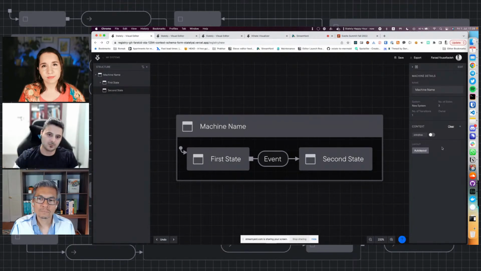We're working on supporting arrays and objects, and maybe have a little rich text editor there to be able to format your keys and values, or get some sort of basic syntax highlighting to just make your life a little easier to interact with objects and arrays. And as the scope of the MVP, not only do we want to create and update the context object, but we also should be able to add assignments to the machine in the canvas area. And we're working with the design team to find a good experience to visually deal with the assignment actions.